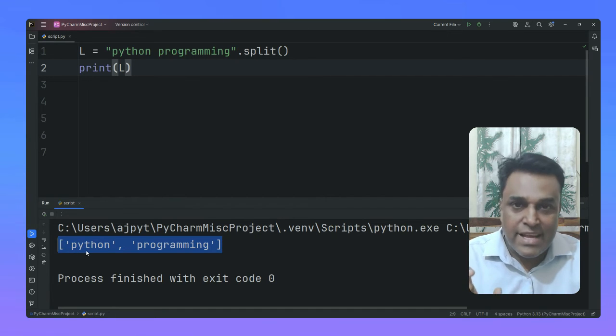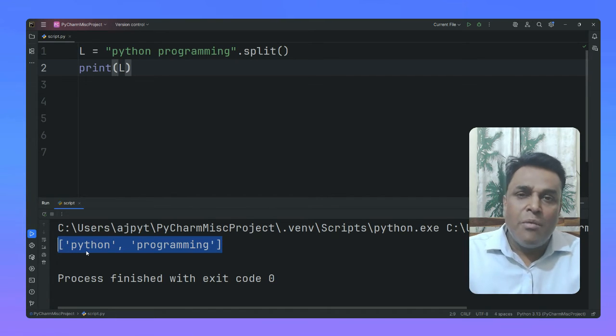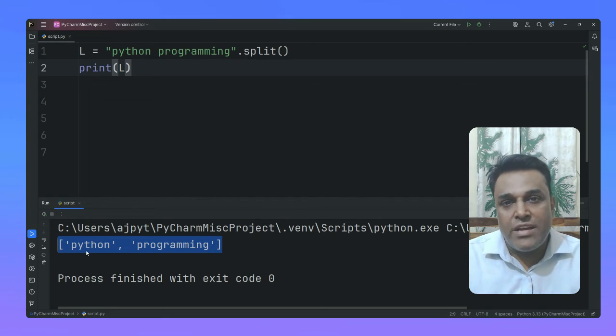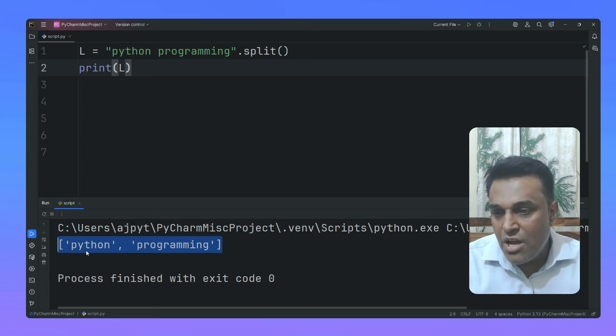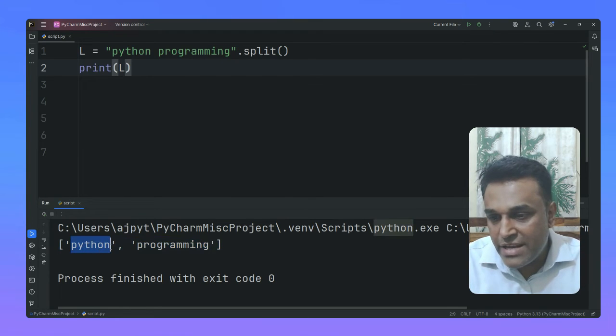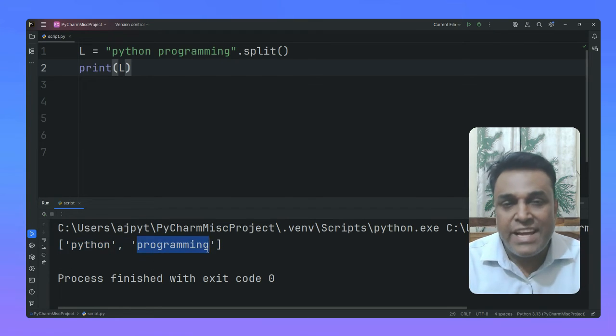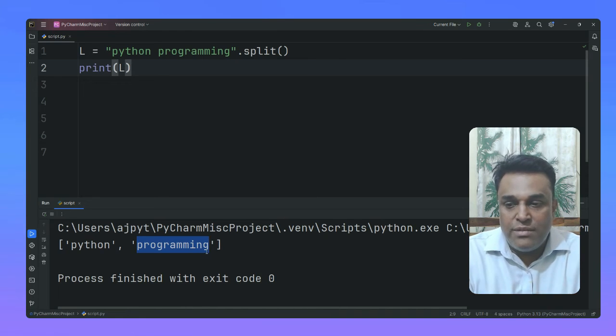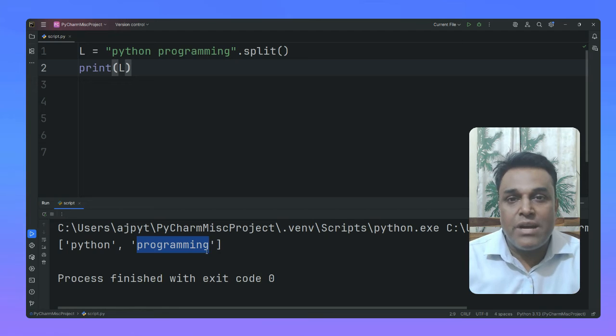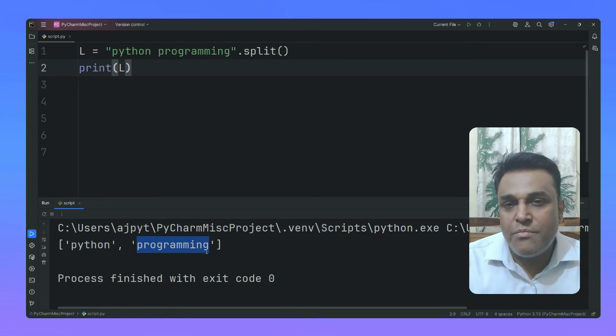Now list is something, as I said, we are going to take that in future, but list is basically a collection of items. Okay, and that's it, a collection of elements. So over here this is the first element, that is Python, and over here this is the second element, that is programming. So now we have them as two separate elements. This is what it is doing for us,